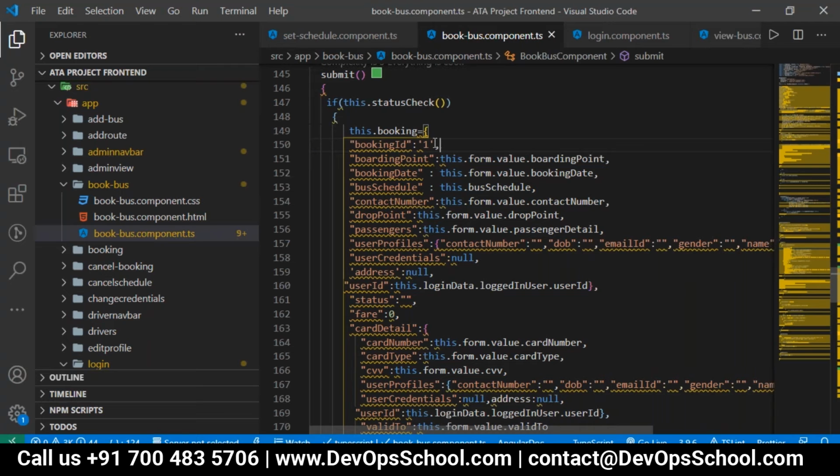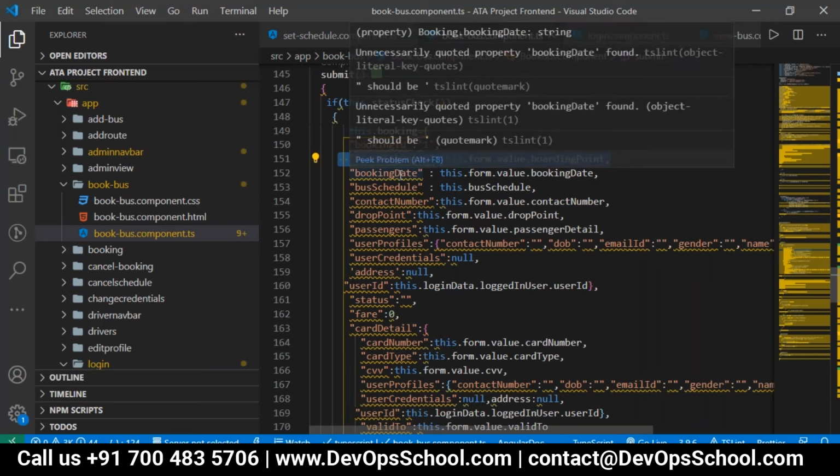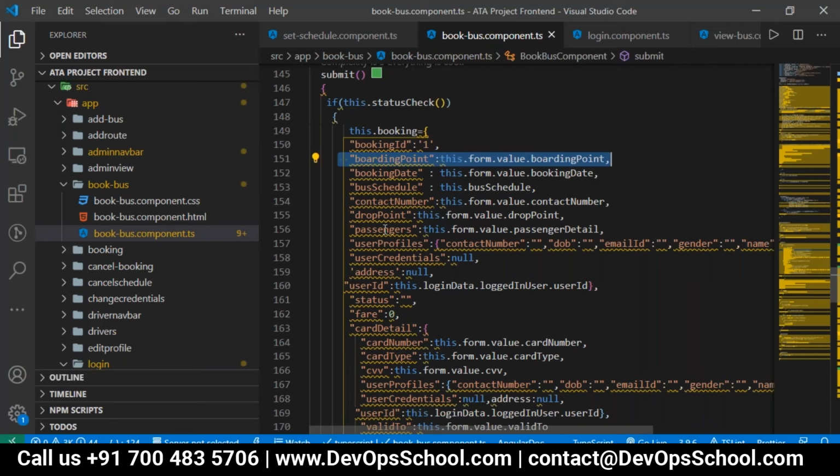We don't need to send the value, but still my backend will not accept without the booking ID, so we just hard code the value. Then the boarding point, this is one value which is taken. Then the booking date, bus schedule, contact number, all this.